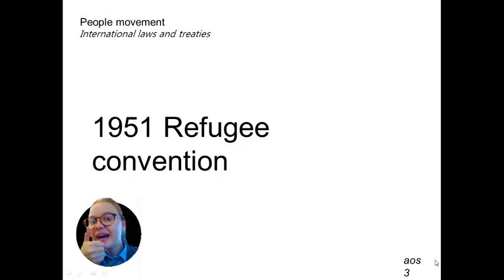The 1951 Convention relating to the status of refugees was established and approved at a special UN conference in 1951, and it sought to address the need to pursue a global solution to the issue of refugees and asylum seekers. It relates to Area of Study 3, ethical issues, because it's one example of an international law treaty that has been created to address the challenge of people movement.